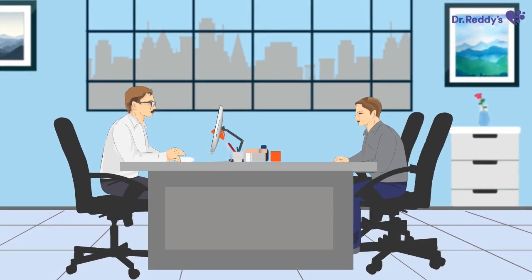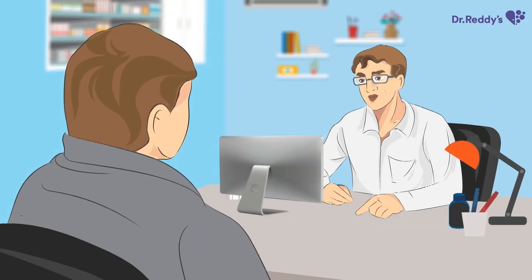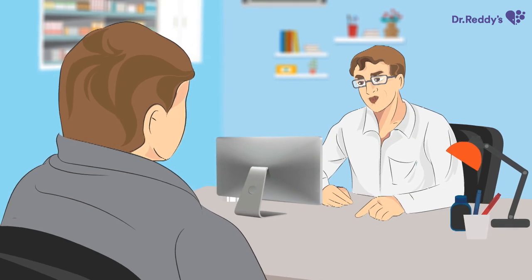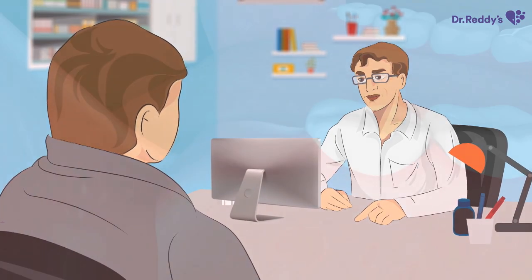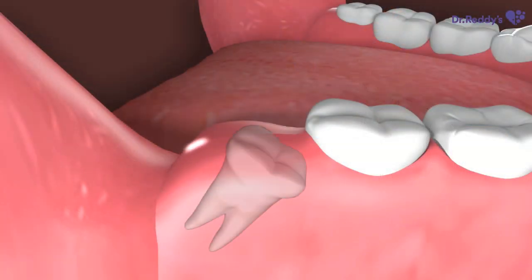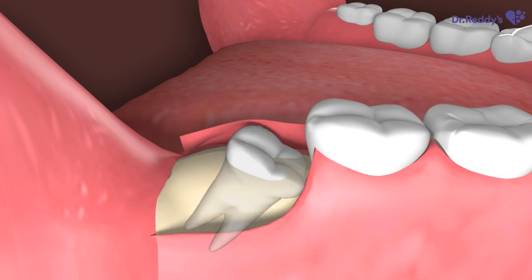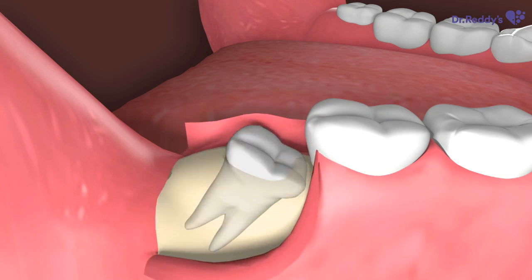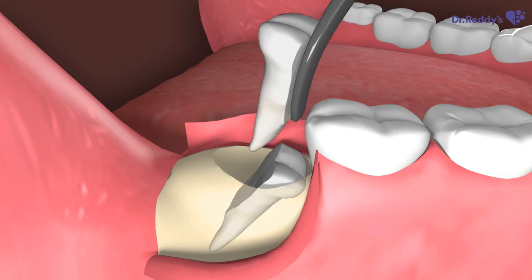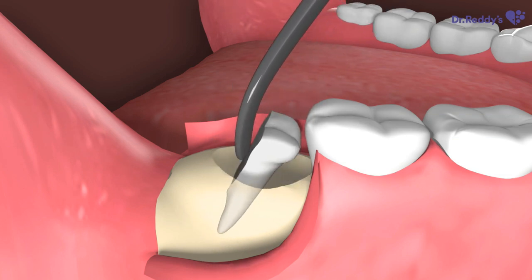Doctor, how is the procedure performed? The removal of impacted wisdom teeth involves a minor surgical operation. A cut is made in the gum over the tooth, and sometimes it is also necessary to remove some bone surrounding the crown to remove the impacted tooth. Rarely, the tooth needs to be cut into 2 or 3 pieces to be removed. Once the wisdom tooth has